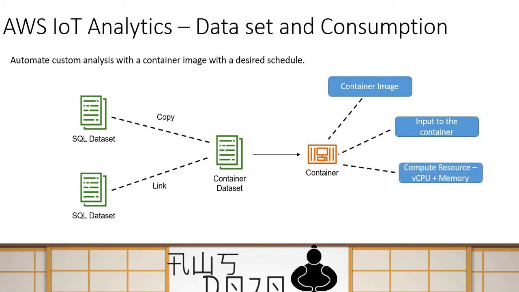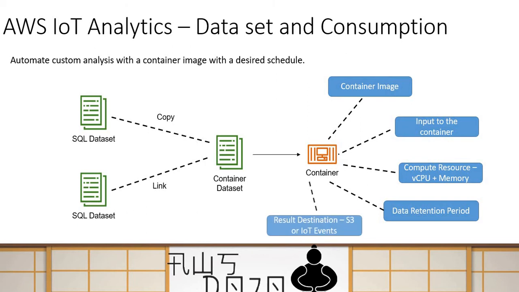You can provide the compute resource on what kind of EC2 machine capacity this container will run. You can provide the compute resource in terms of memory and vCPU. Again, you can define data retention period, and you can also define the result destination, which could be S3 or